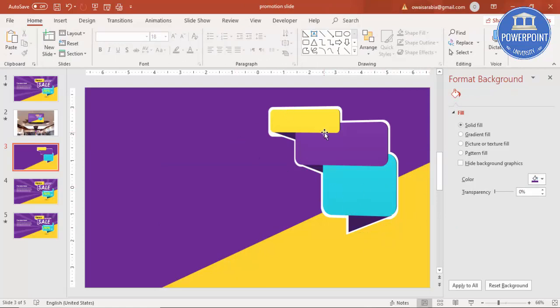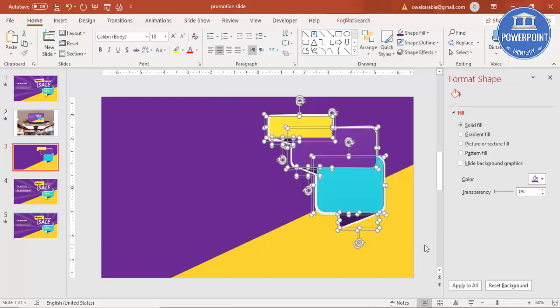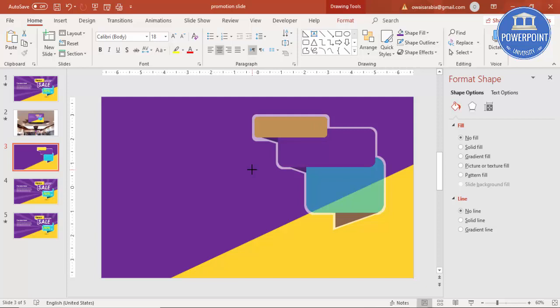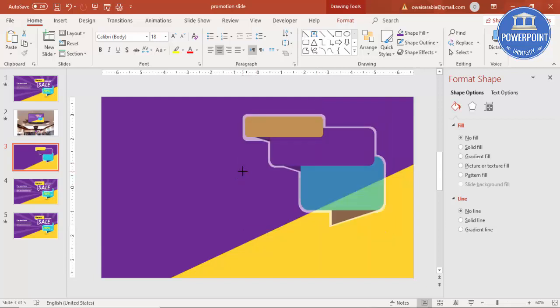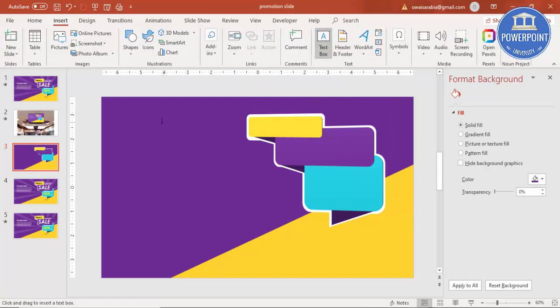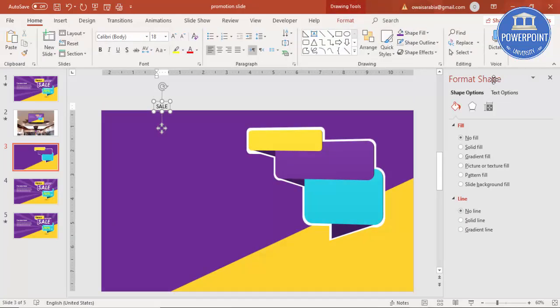Now what we can do is, it's time to add the text. And before adding the text, if you feel that this is a smaller one, I can just select all these objects, press Ctrl G to group it, and I can increase the size, something like this, or I can reduce it a little bit, width or depth, whatever. And then I'm just going to add the text. Go to Insert, Text Box. I will just say Sale, SALE,